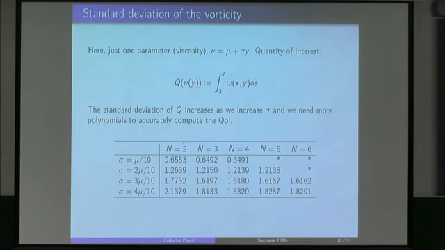And a more specific quantity of interest might be the integral of the vorticity along some part of my boundary wall. The vorticity is a function of the fluid flow, which is a function of this parameter. So if I wanted to know the distribution of this quantity of interest, I can do that now simply by exploiting that functional approximation. And as with Monte Carlo, where we're controlling the accuracy in some sense through the choice of finite element mesh and the number of samples, now we still have to choose a finite element mesh, but we also have to choose the number of polynomials in this approximation. So it's a different kind of approximation.